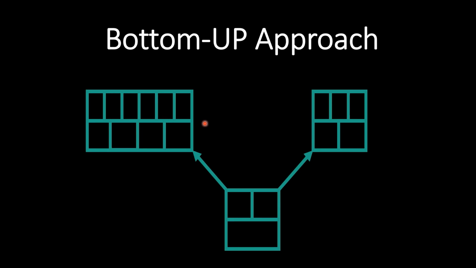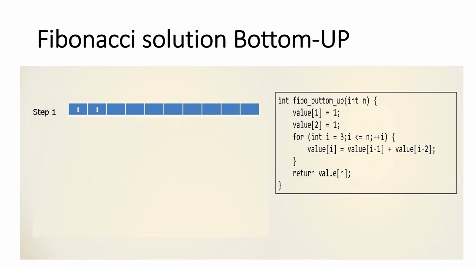Bottom-up approach. In this approach, contrary to memoization, we begin by finding solutions to all the subproblems first, filling these values up in an n-dimensional table. Then, the results stored in the table are used to finally compute the solution of the original problem. This is an example of the bottom-up approach.